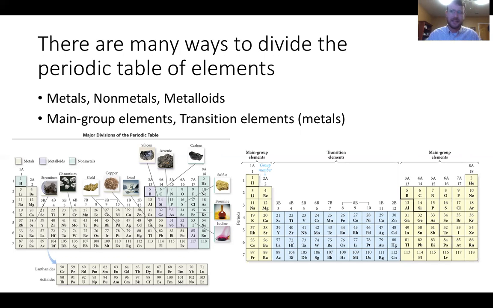Non-metals, some are solid at room temperatures, but usually they're gases. They're poor conductors, right? They tend to gain an electron. And then the metalloids, several are superconductors. And what I mean by superconductors is their conductivity is dependent on temperature. Usually the colder they get, the better they are at conducting both electricity and other things. Those are the things that we usually see in our computers. And so just on the broad scale, this is a way that we can start dividing the periodic table of